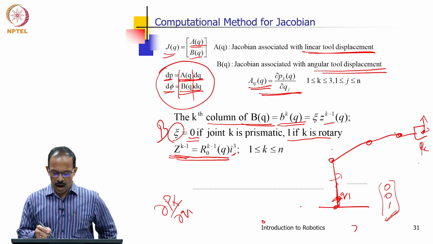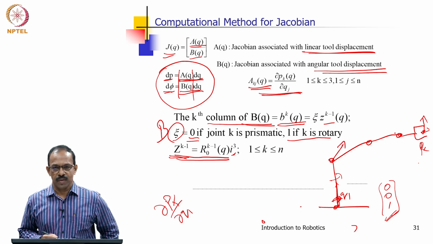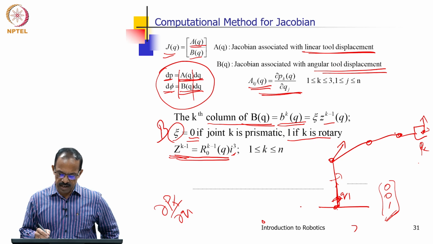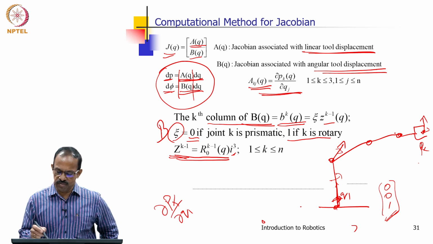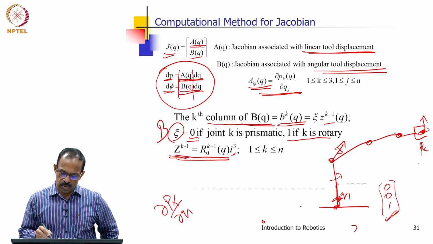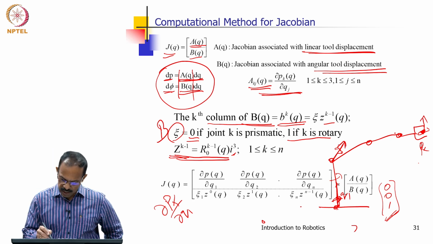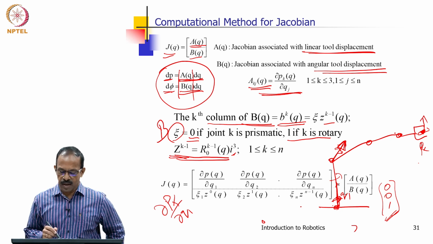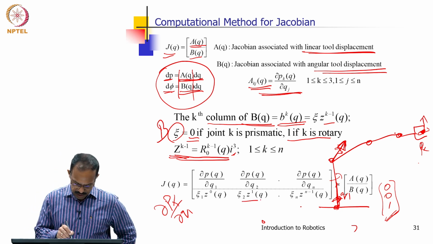Similarly, for the second one, how this joint axis is aligned with this: whenever this rotation happens here, the angular velocity at this point will be related to the orientation of this axis with respect to the base frame. So, we will try to find out the orientation of this axis with respect to this frame, and that will be given as the second one here, the Z2.